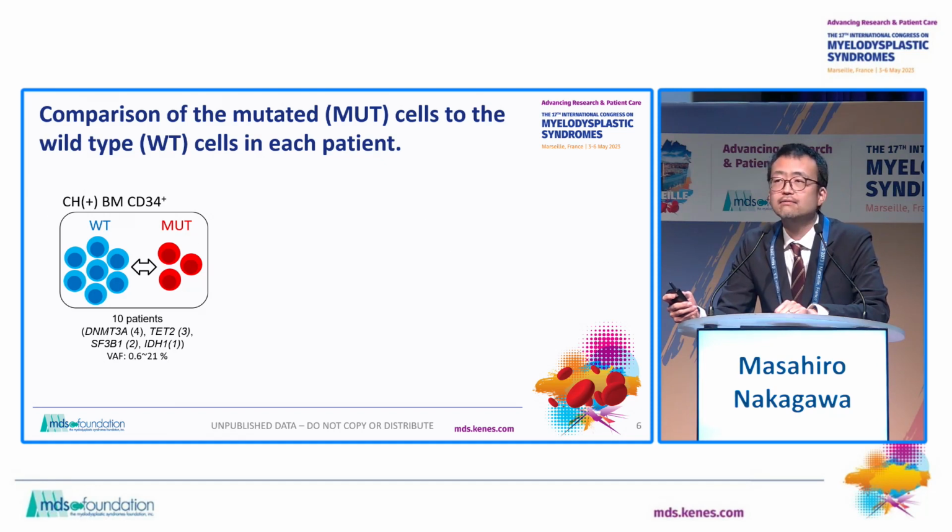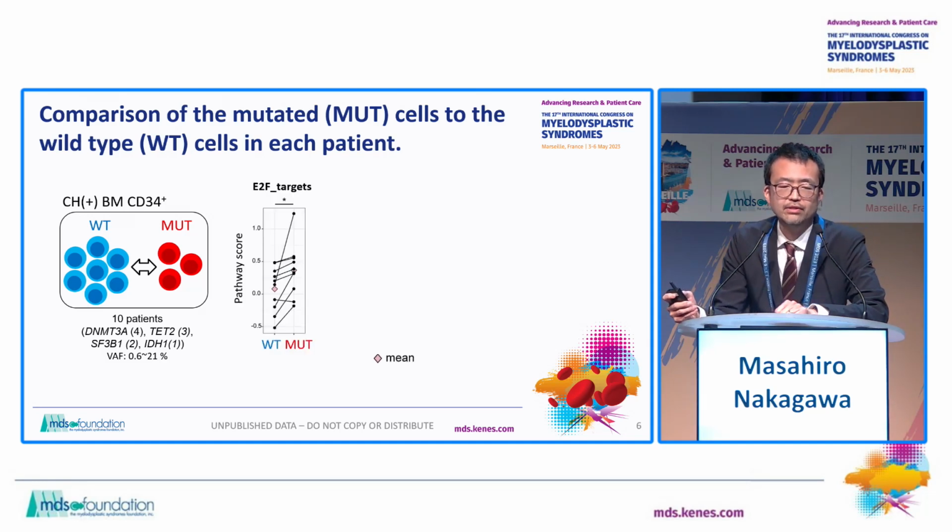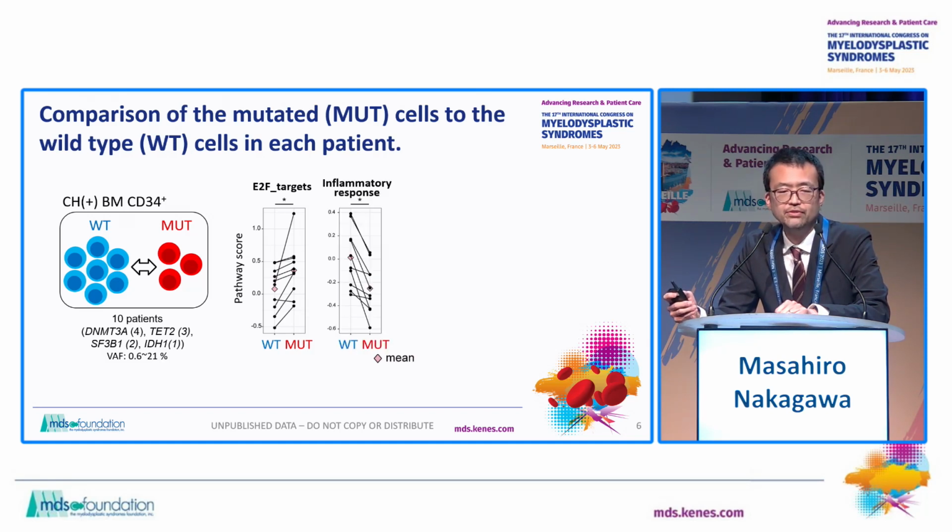First, we analyzed the phenotypes of their mutated cells compared to the wild-type cells in each patient. We chose 10 patients with heterozygous mutations with relatively small clone sizes. We found that the mutated cells showed enhanced expression of genes related to E2F targets, which are cell proliferation markers. And importantly, the mutated cells show attenuated expression of the genes related to inflammatory response, apoptosis,